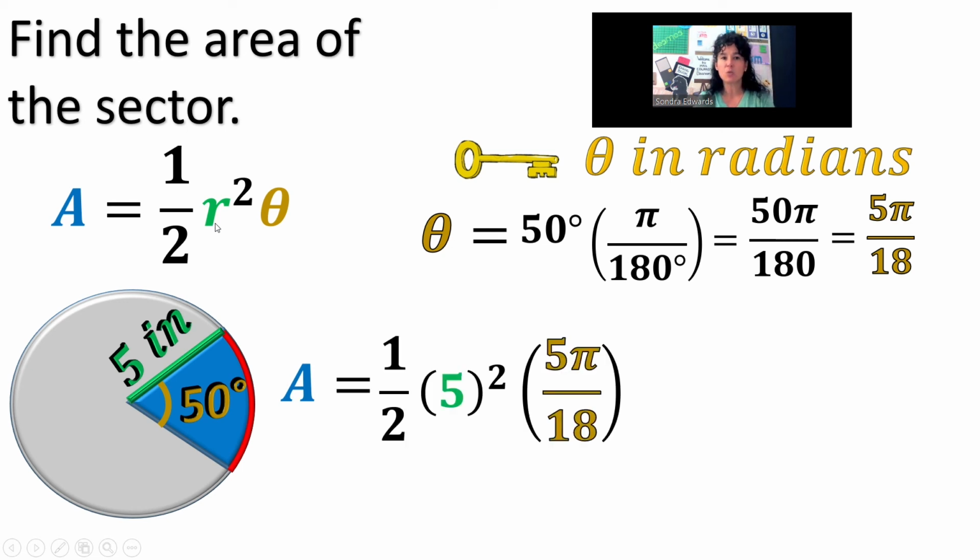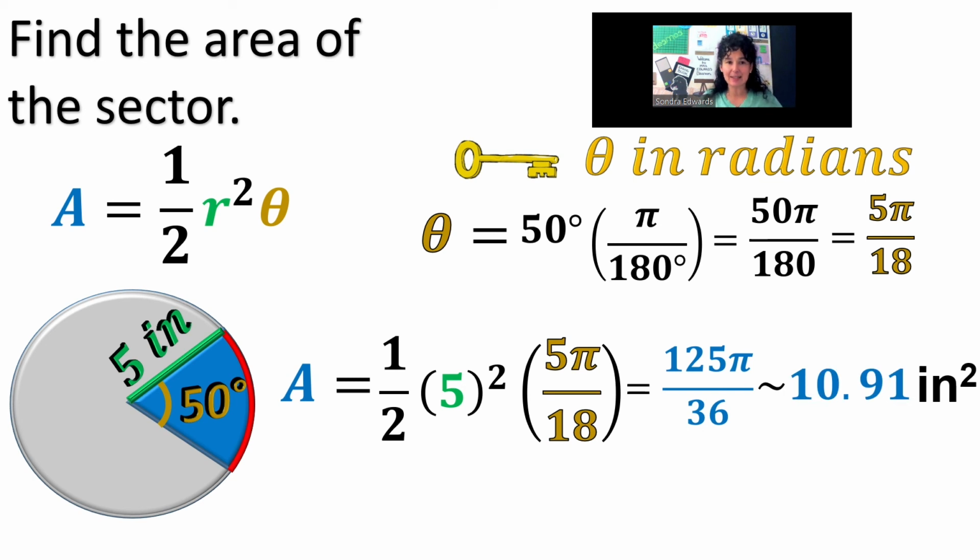So area is 1/2 times the radius, which is 5 squared, times the angle measure theta, which is 5 pi over 18. We really have here 1 over 2 multiplied by 25 over 1 multiplied by 5 pi over 18. So you're just going to multiply straight across, and we end up with 125 pi over 36. I'm going to go ahead and multiply 125 times pi, divide that by 36, and we have an estimated area